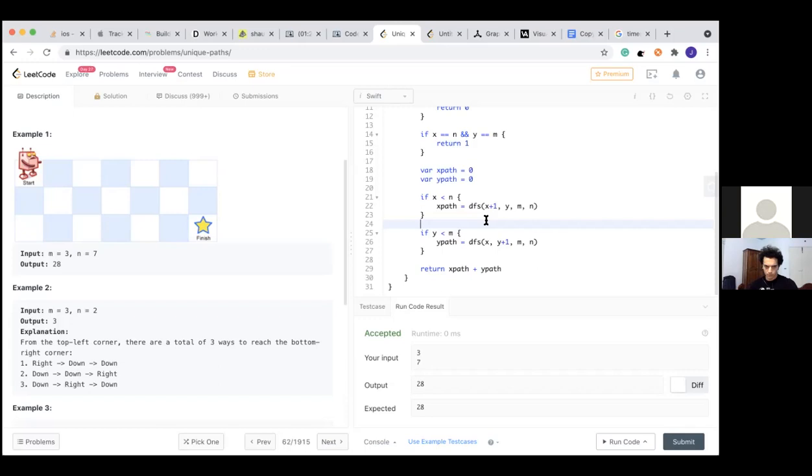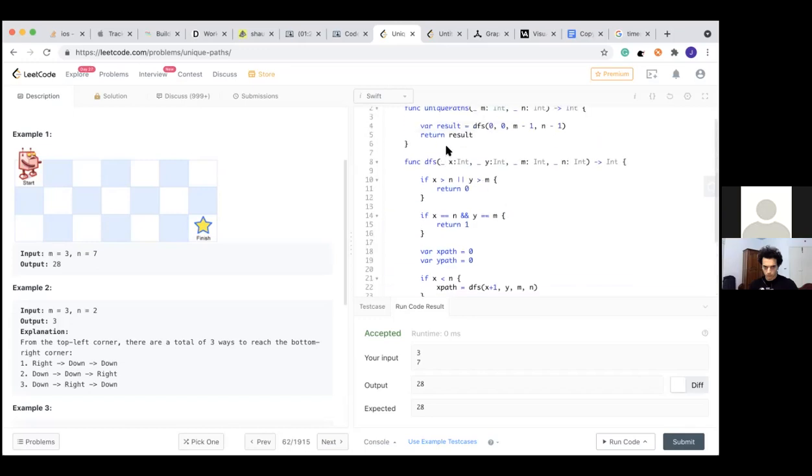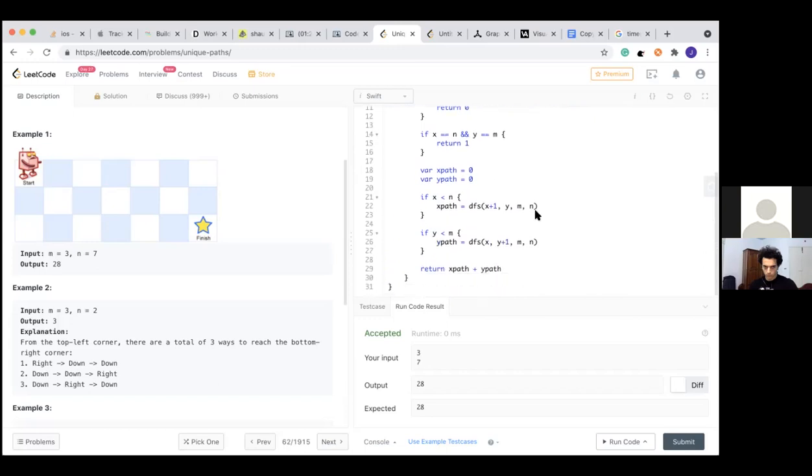Every time I either go right or go down, and every layer is 2 to the layer, the current layer, and the bottom layer is like